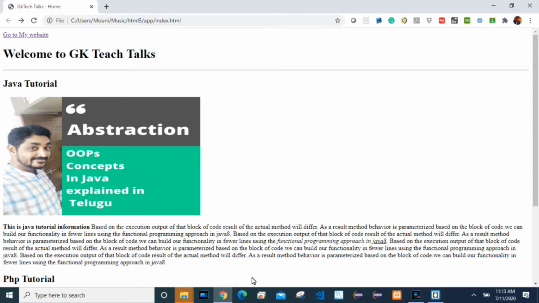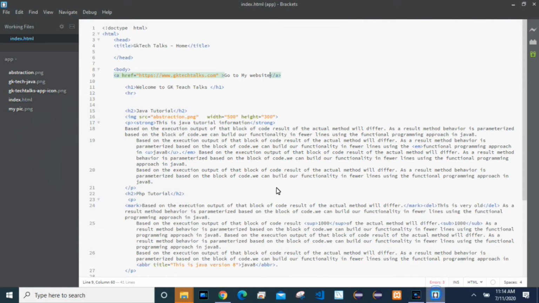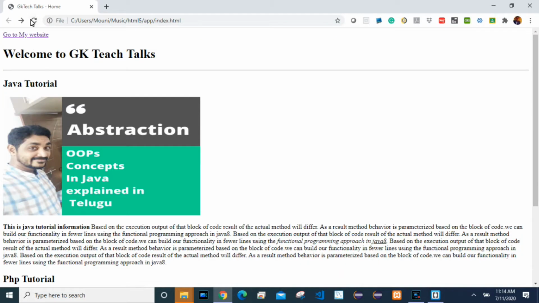In place of the text, I am trying to give the image, just to see how to do it. See, I gave the image in place of the text. Now I gave the image and saved it, and we're going to the page and refreshing again. So now I got the image.